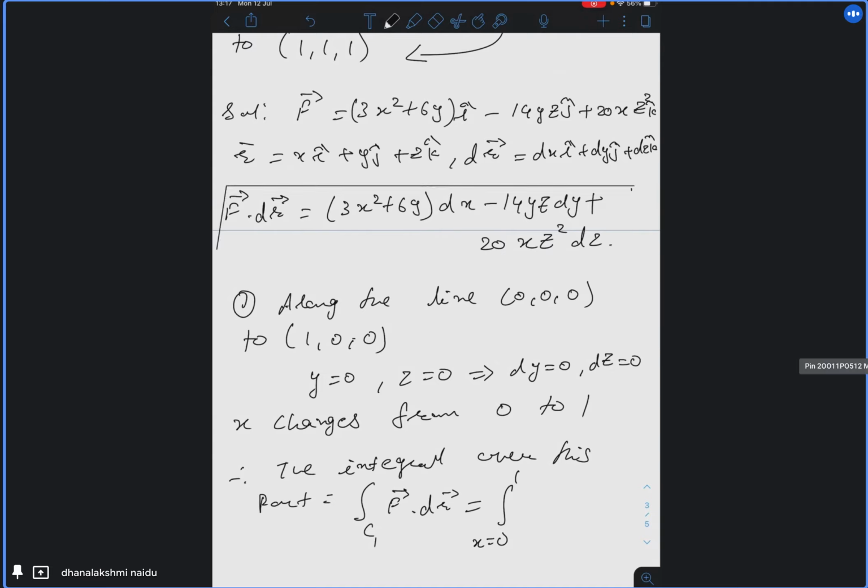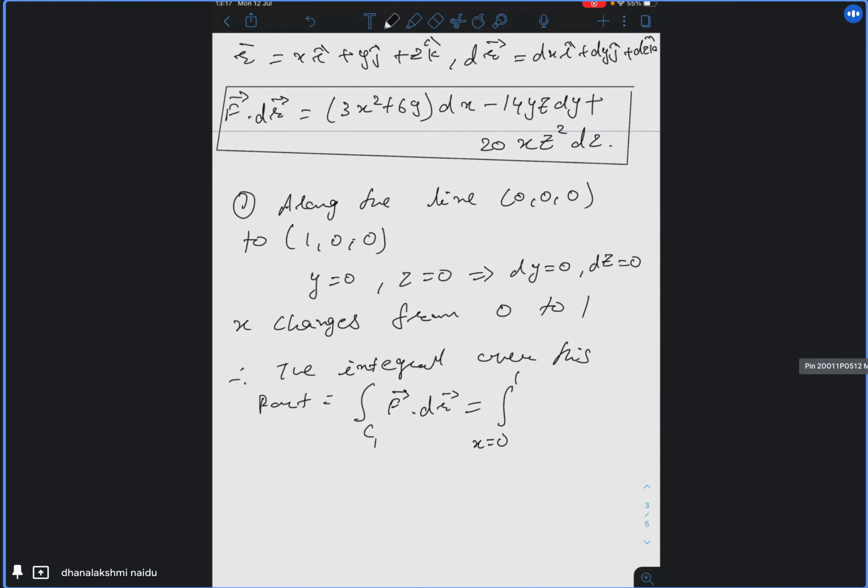So you substitute the values. x is a variable, it is not changing, but y is 0, z is 0, dy is 0, dz is 0. What is left when you substitute these values in F bar dot dr bar? Tell me, please answer. x